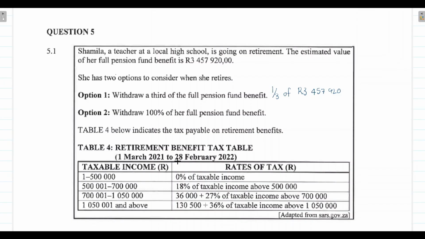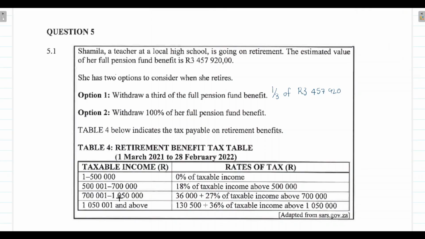On the left hand side here, we've got the taxable income. If your taxable income is between 1 to 500,000, the rate of tax that you'll have to pay is 0% of the taxable income. If your taxable income is between 501,000 to 700,000, the rate of tax that you'll have to pay is going to be 18% of the taxable income above 500,000. And if your taxable income is between